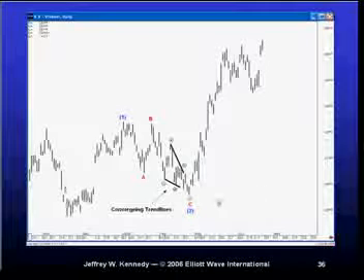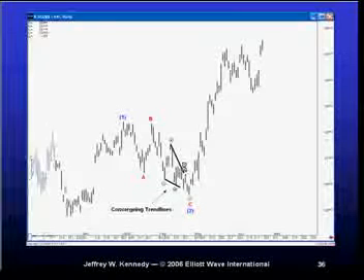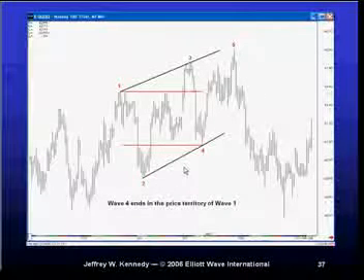Okay, here we have our converging trend lines between 1 and 3 and 2 and 4. In this instance here, wave 4, and this is familiar because we looked at this chart previously in the cues. Wave 4 does indeed